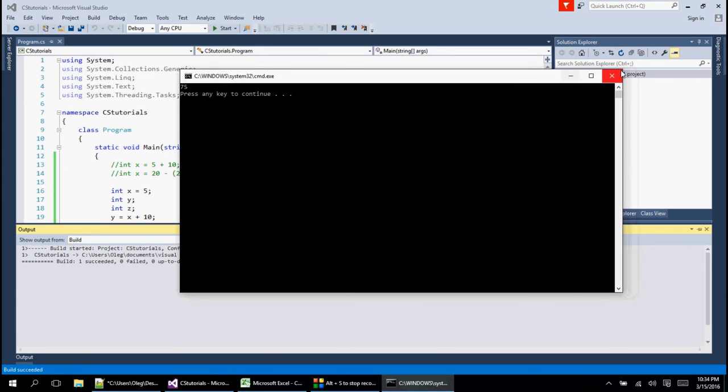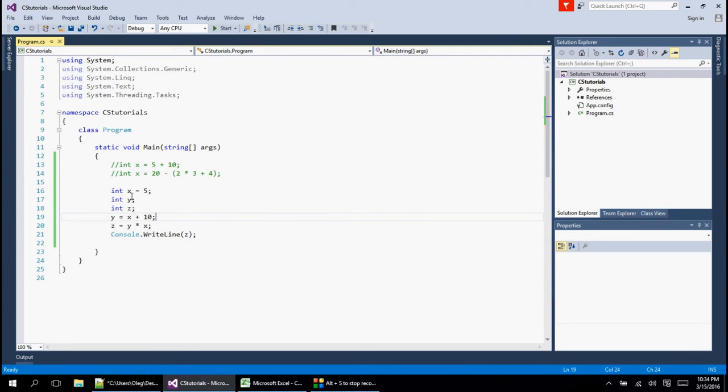Okay, so let's see what's happening here. First we do x equals 5, we know what that is. Now we initialize y and z here, and then we get in here and we use x, which in this case is 5, and then it adds 10, becomes 15, and then we get here and we say our z is going to equal y, which in this case is 15, and we're going to multiply it times 5. Okay, so this is what happens, and it gets stored into z, and that's what we print out. Okay, so as you can see, we're using variables that get changed, and in this situation they're all integers,